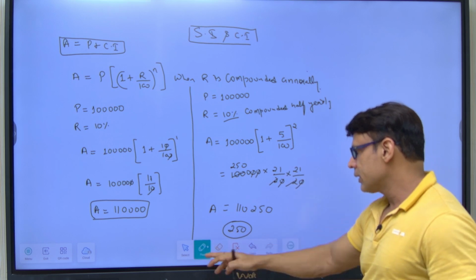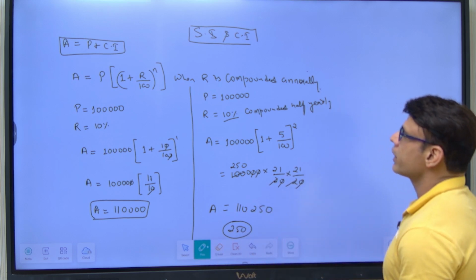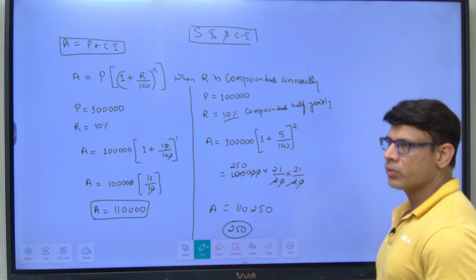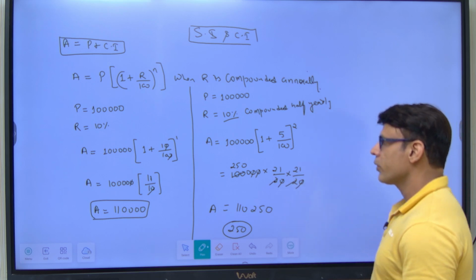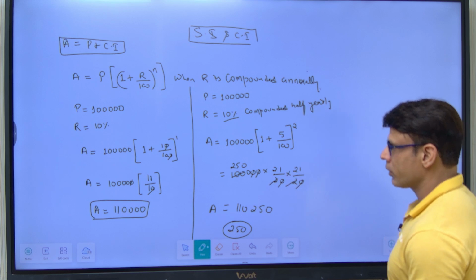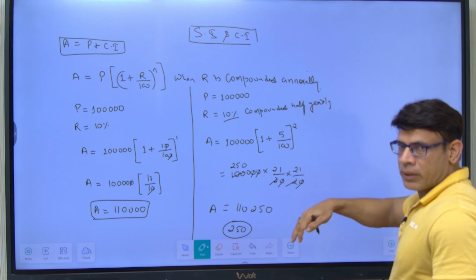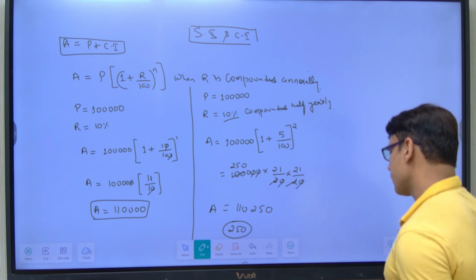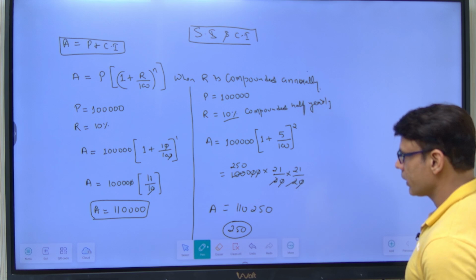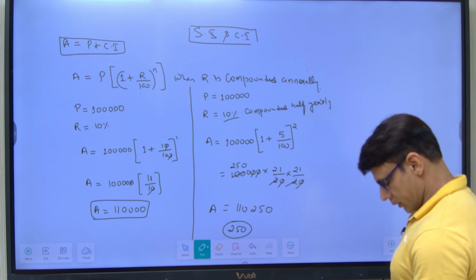So this is one thing you should know, right? When the rate of interest is compounded half yearly, quarterly, monthly: in monthly, your rate will become 1/12, but your time period will become 12 times. Okay. Stop the video and take a note of it. Okay. Next is